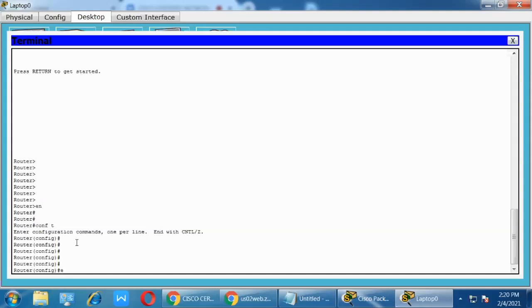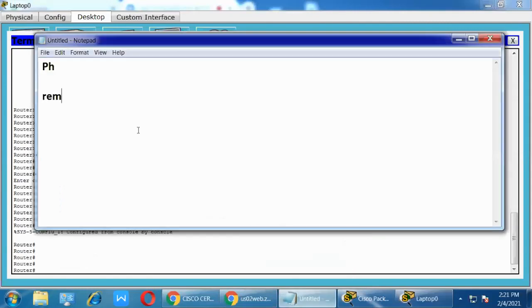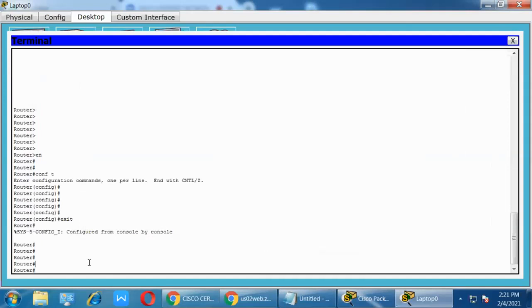Clear? So here, see here, this is the router. I need to check, for example, if your head office is sending the router, you want to see what configuration is there inside the router. That is the reason one command is available. That command is show run. Show run means running configuration, what running configuration is available inside the router.